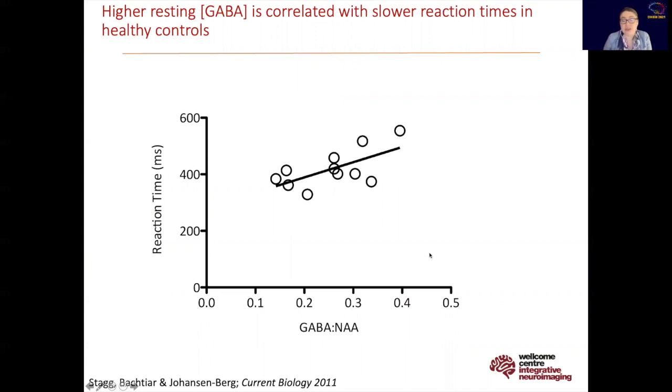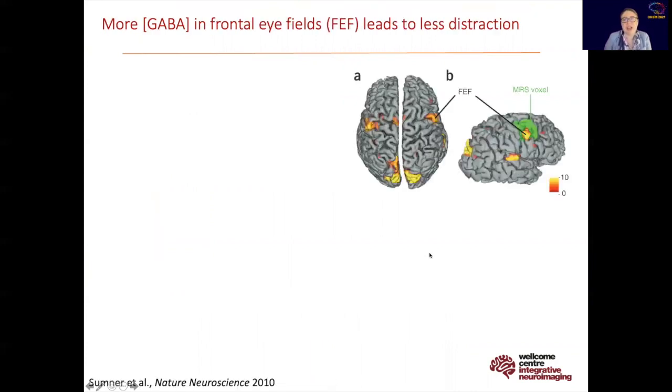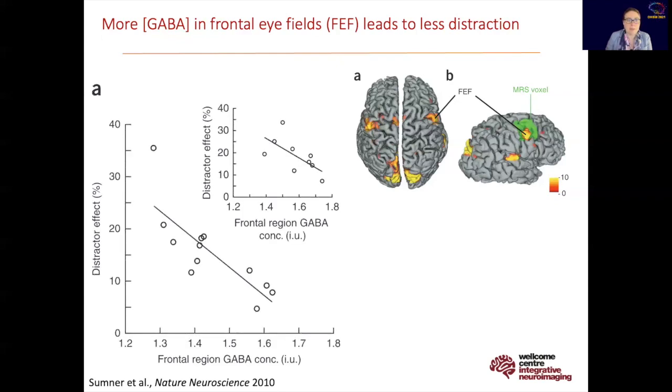And it's not just us, lots of other groups have done this. This was one of the very first studies from Cardiff back in the day, where they looked at GABA levels in the frontal eye fields and looked at distractibility, which is one of the key behaviours of the frontal eye fields, and showed that people who have higher GABA also had less distractibility. So they weren't as aware or distracted by stimuli. And there have been many other studies, many other regions showing this link between local inhibition